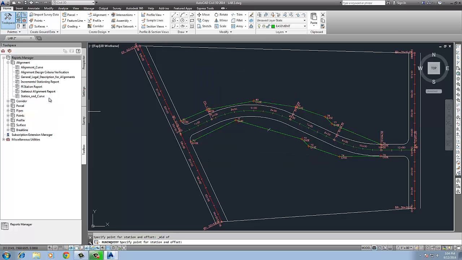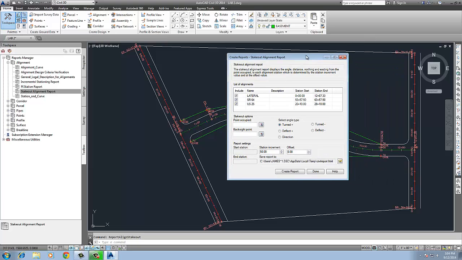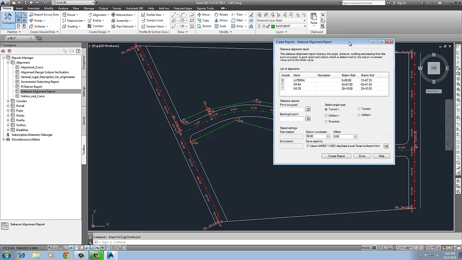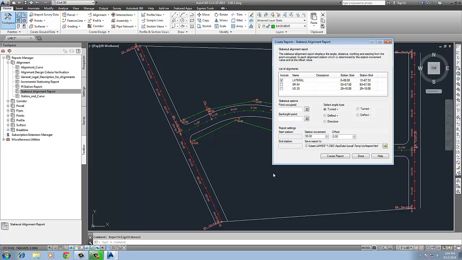And then I'm going to go over here and determine what we want to do. We're going to look at a couple things. One is under the alignment section. So if your alignment is closed, open it up. And we're going to take a look at what's called the stakeout alignment report. This is a very nice way of getting a stakeout, and actually we can do a stakeout to a curve. So I'm going to double click that. And what we're going to actually do is just do the alignment points for the lateral. So we're going to toggle off State Route 64 and US 25. And I'm going to occupy my points. Let's see,